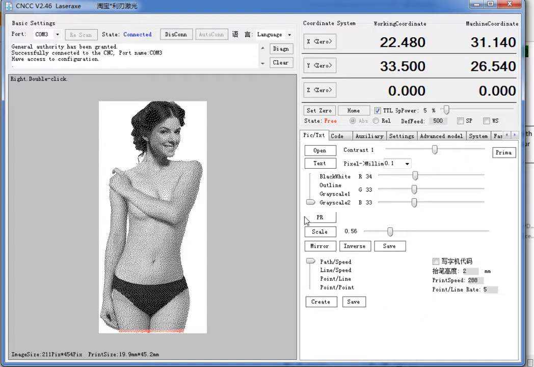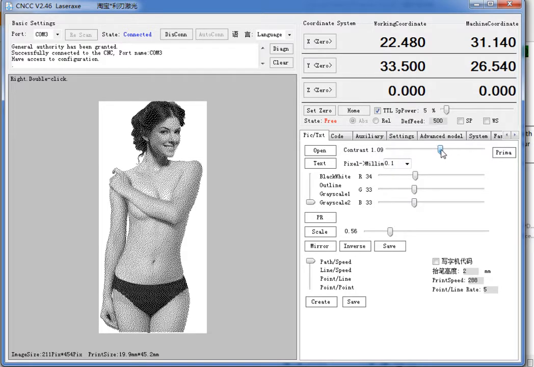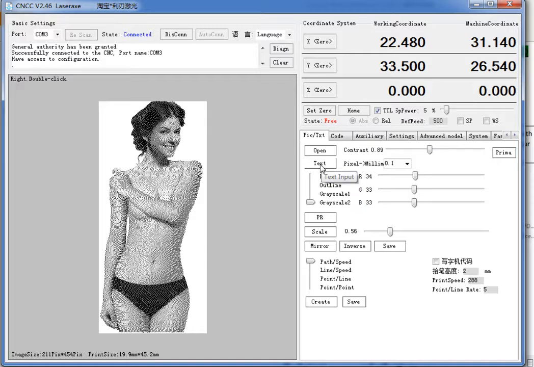This is the advanced model. The advanced model is the same as before. This is the contrast to adjust the grayscale. You see this one to adjust the grayscale. This is the advanced model. Advanced model is the same as before, and open image and text, and maybe this is for different style